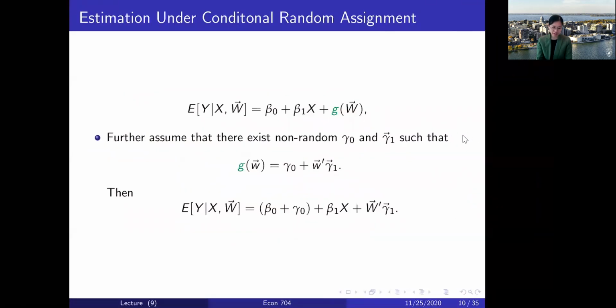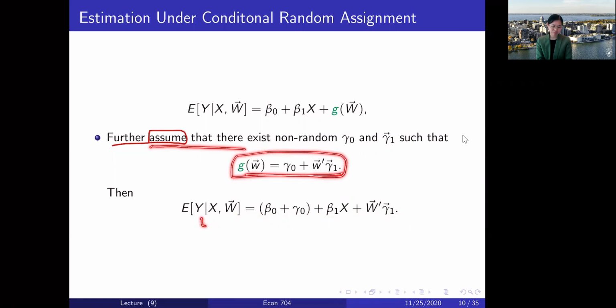Now for simplicity, let's assume this possibly nonlinear function is not nonlinear. Just for simplicity, further assume that this function is a linear function of w. Make this linearity assumption now. Then we have a conditional mean model, a linear conditional mean model relating y to x and w, right? If this linearity assumption is true,